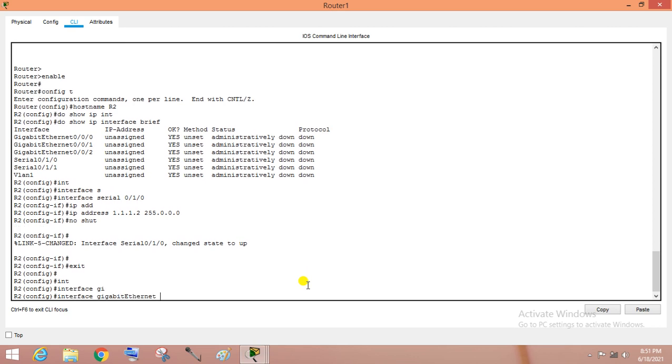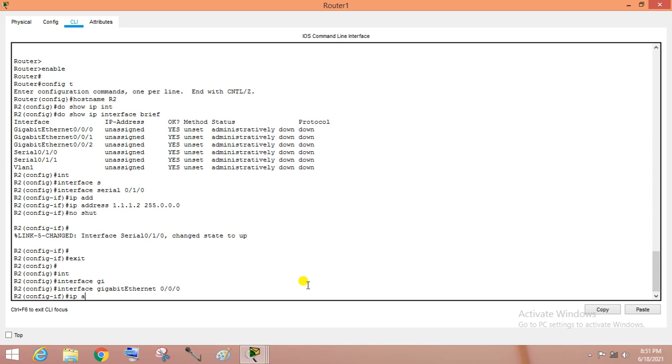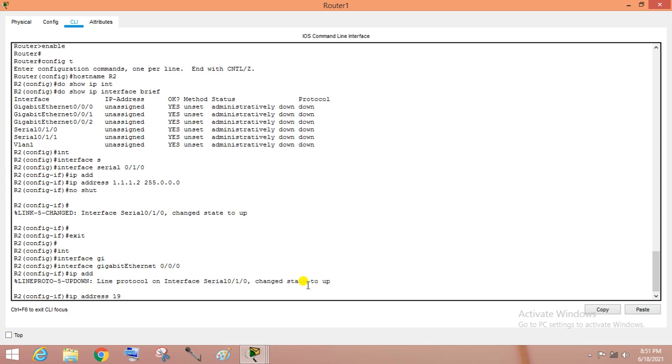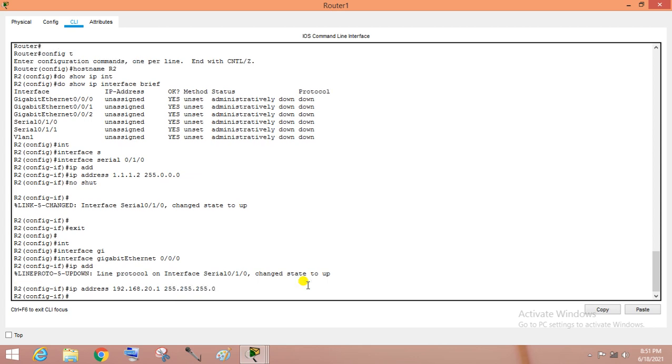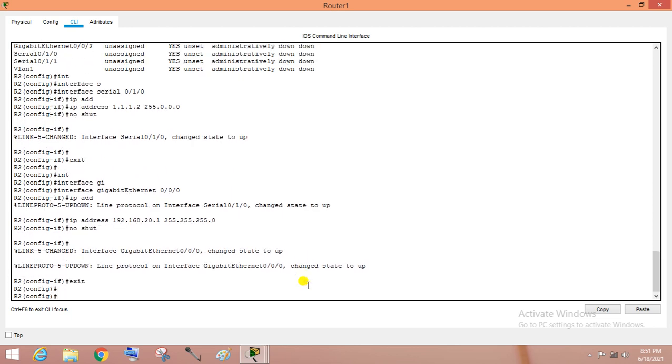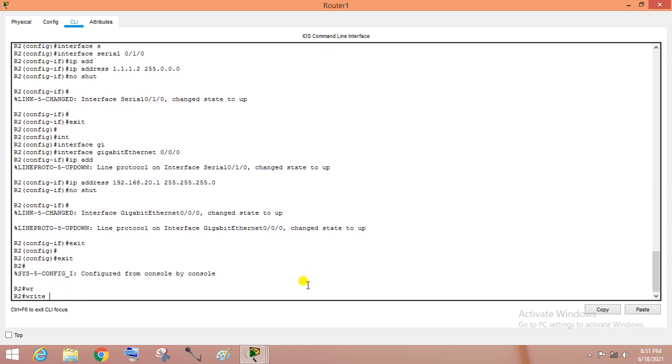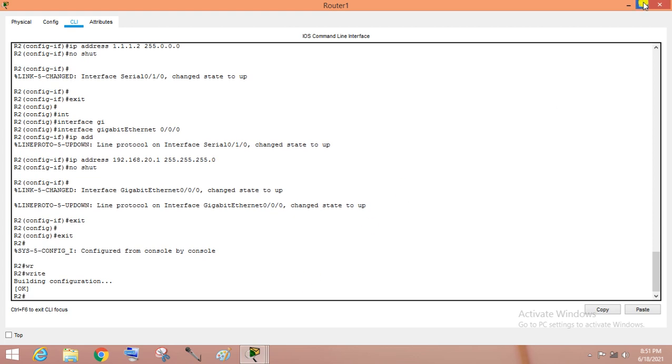Now interface 0/0/0, the address 192.168.20.1, 255.255.255.0. It is a LAN interface, no shut. We have to do a write command to save our configuration here.